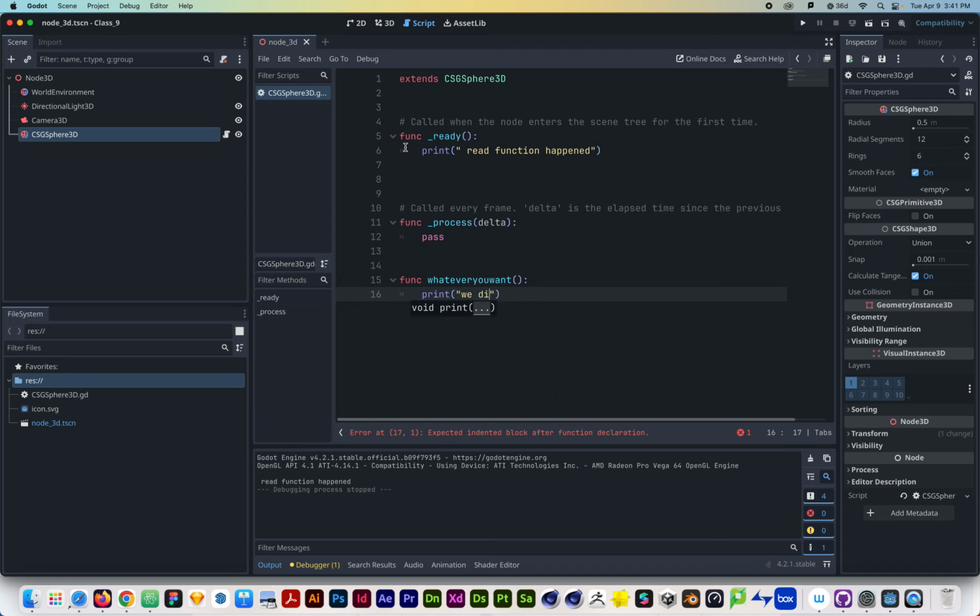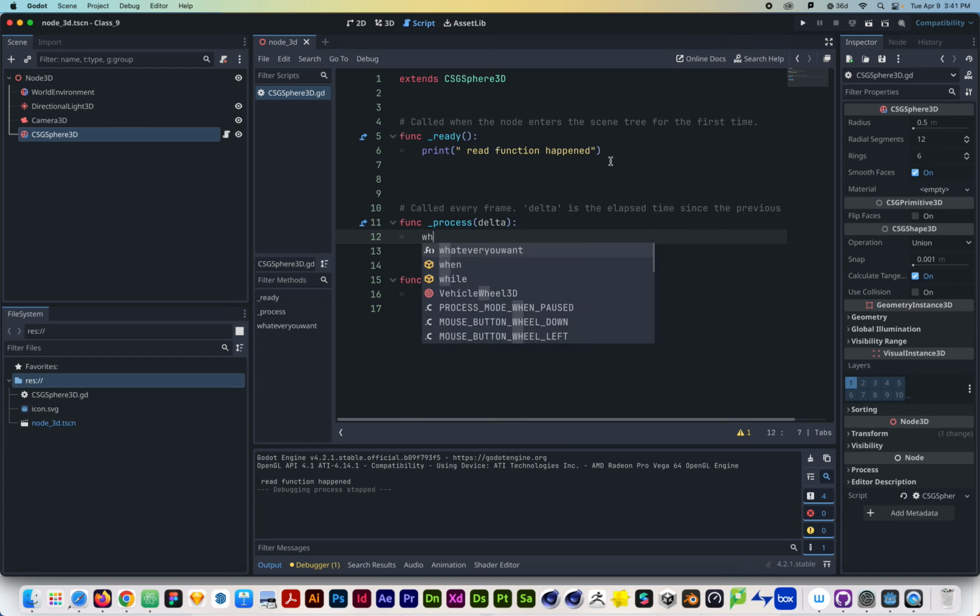We did it. And then how do we call this function? How do we make it happen in code? Whatever you want in the process. Yeah, or wherever you want to execute it from. So if I want to execute it from the process function, I can do that. But that means it's going to happen every single